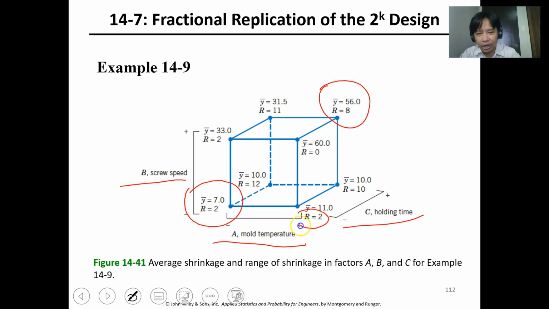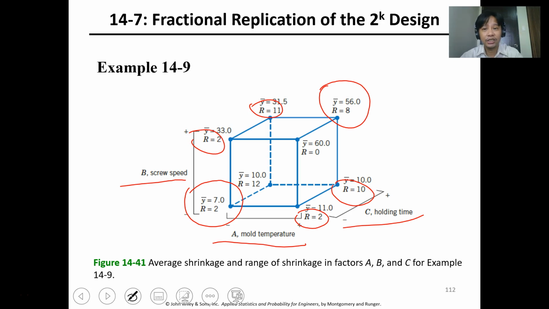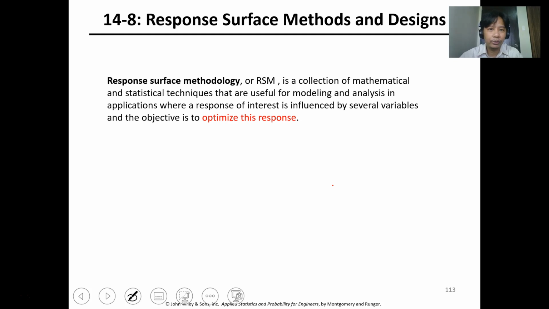Okay? So yung R value, may R value ka dyan na kinukompute. Usually, that's just the error. Okay? Error ng assessment. Okay? So, I think we'll end here for this lesson. Okay? So, next video, we will discuss response surface method and